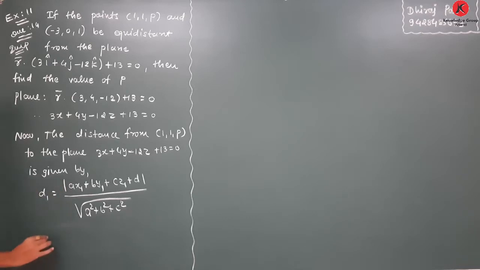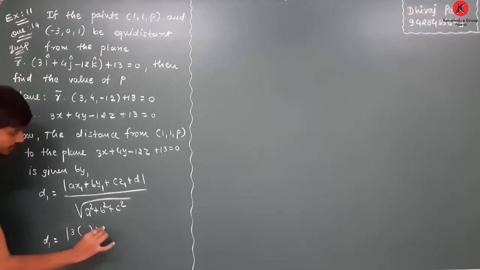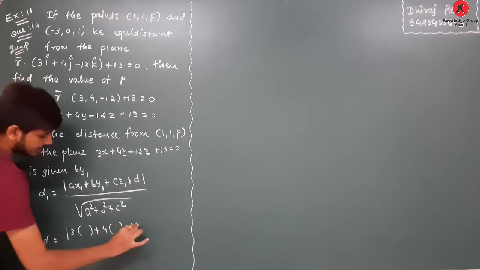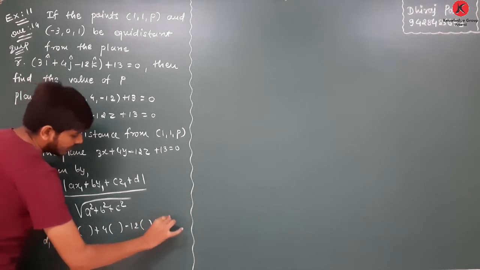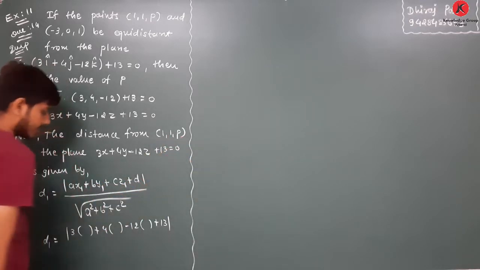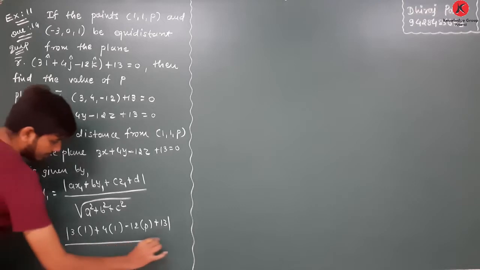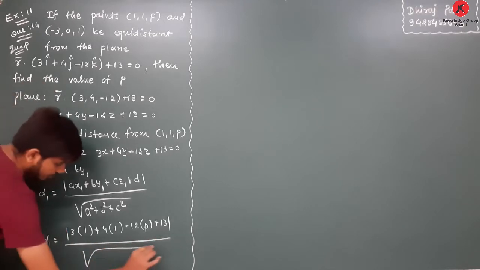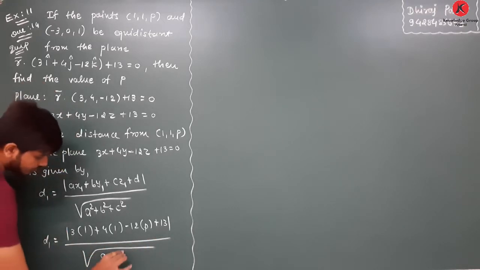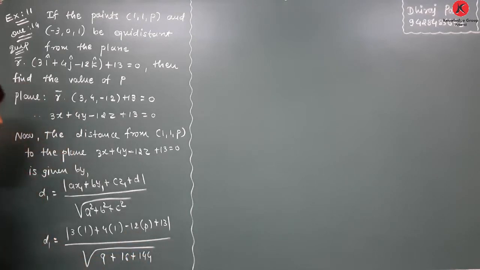Now we know how to write. First of all write down the coefficients of x, y and z, leave blanks in place of x, y, z, and in these blanks the coordinates of the point x1, y1, z1 will come: 1, 1, p, divided by under root of 3 square 9, 4 square 16, plus 12 square